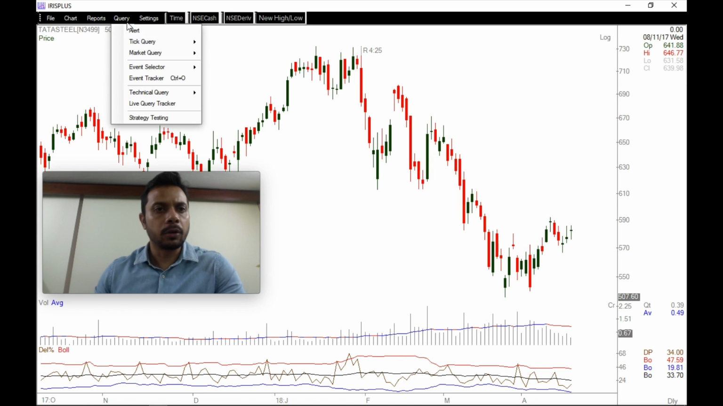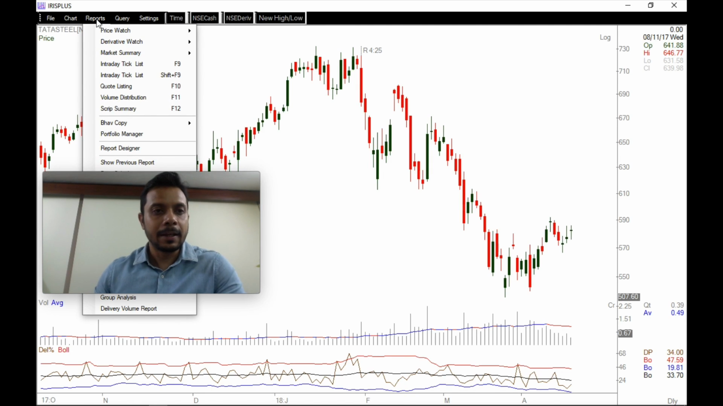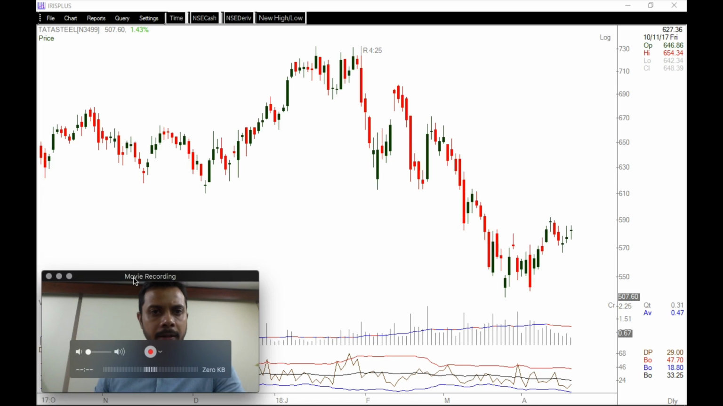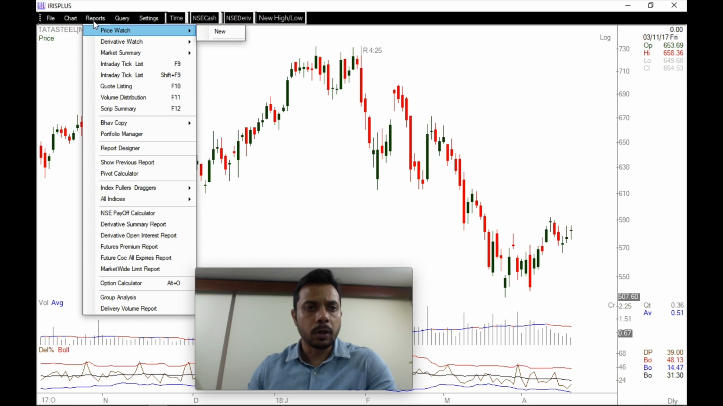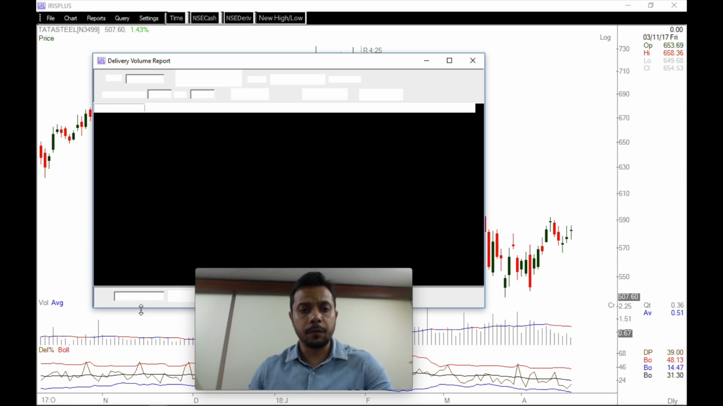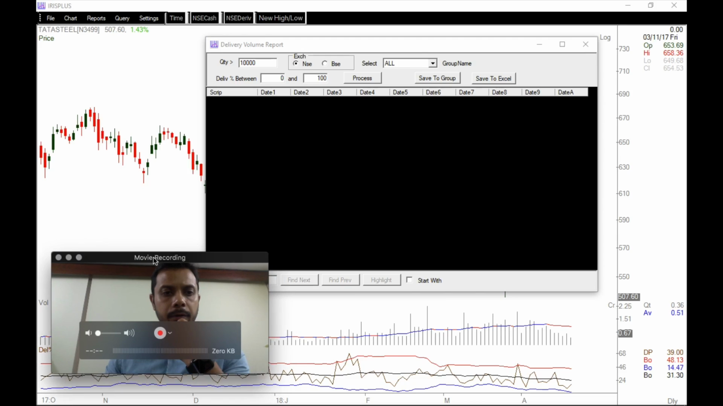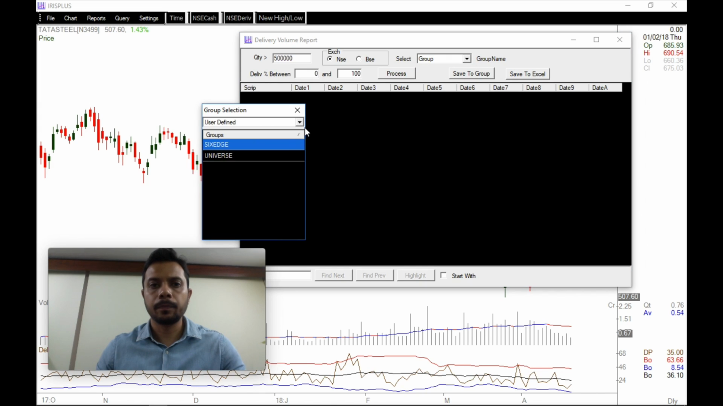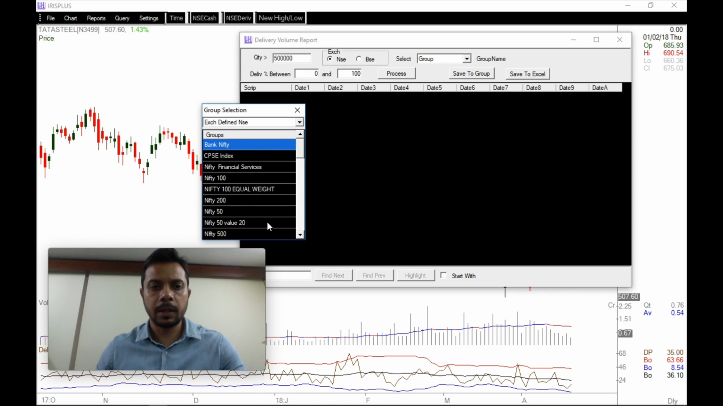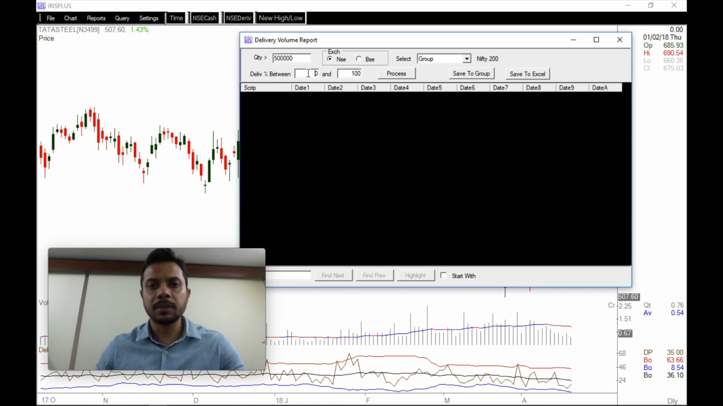Now, in this software, on a day-on-day basis, it helps us to understand which are the stocks which have a high delivery percentage. So I come to reports, I drop down all the way down here to delivery volume report, and what do we have here? Quantity, so let's say 5 lakhs. So we're going to have to look at stocks where quantity is greater than 5 lakhs. Let's choose a group, and let's say we select Nifty 200, and delivery percentage between 0 to let's say 75%. Process,